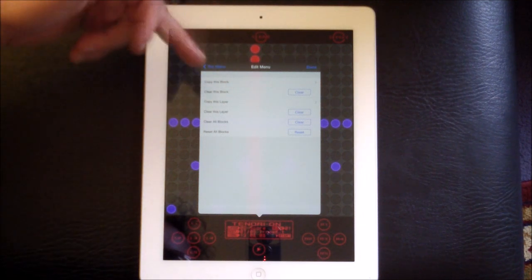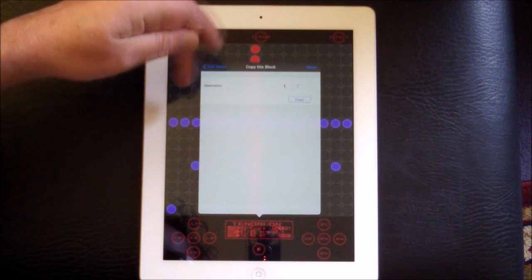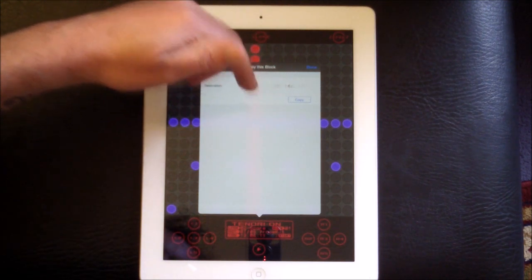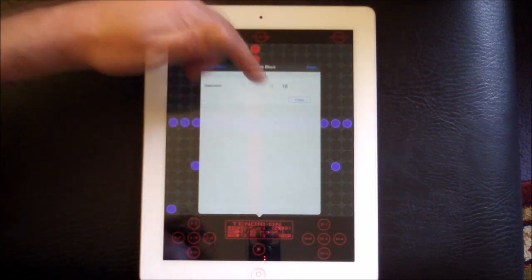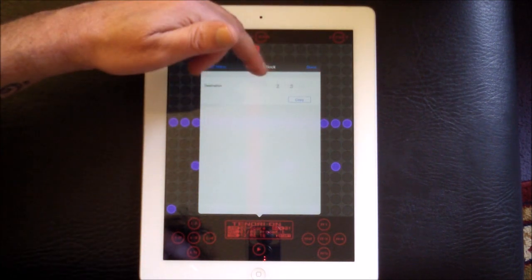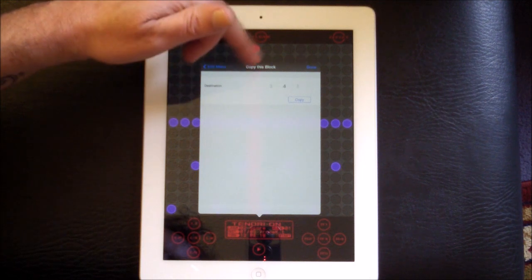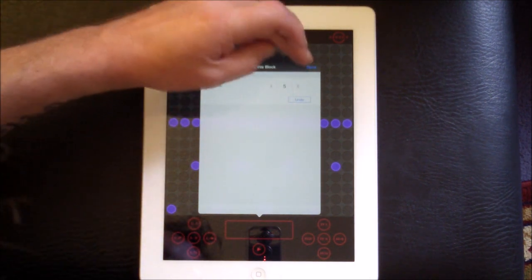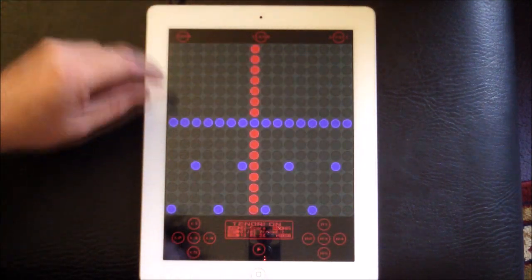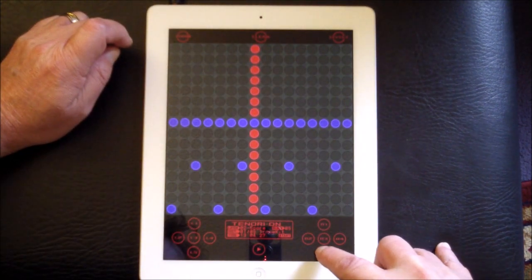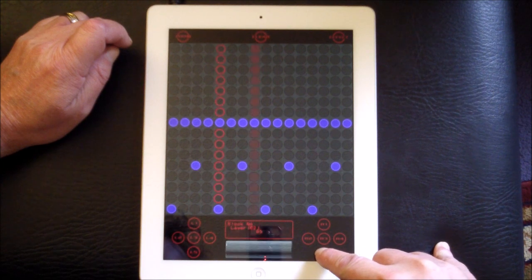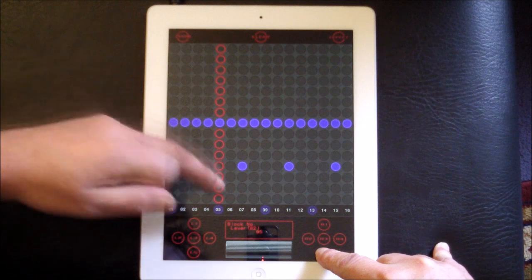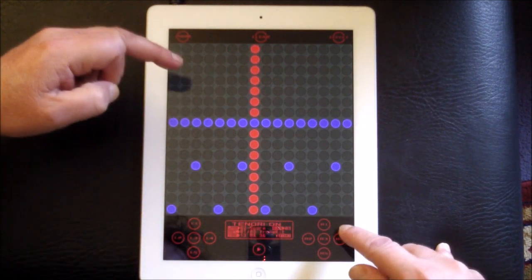So for instance, if I wanted to copy just this block here, and then it lets me choose the destination, obviously up to the 16 other blocks, but I'm pretty sure there's nothing in block 4, so I'm going to copy that to block 4, and I can undo it as well if I want to. So once that's done, if we go down here to our R5, which is our block selection, you can see here, and if I selected block 5 for instance,